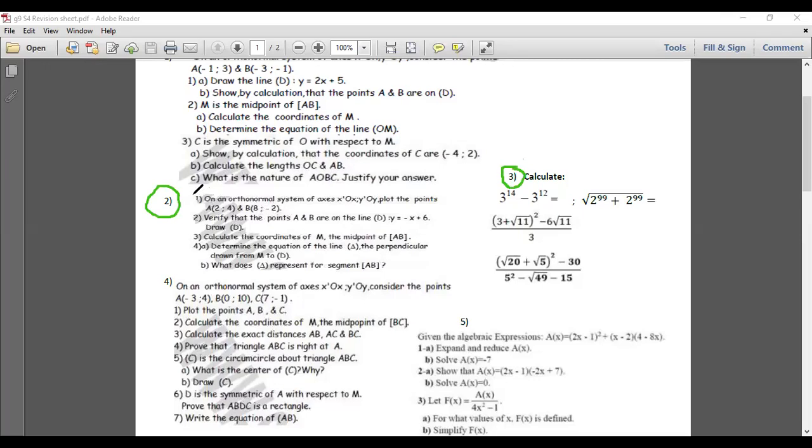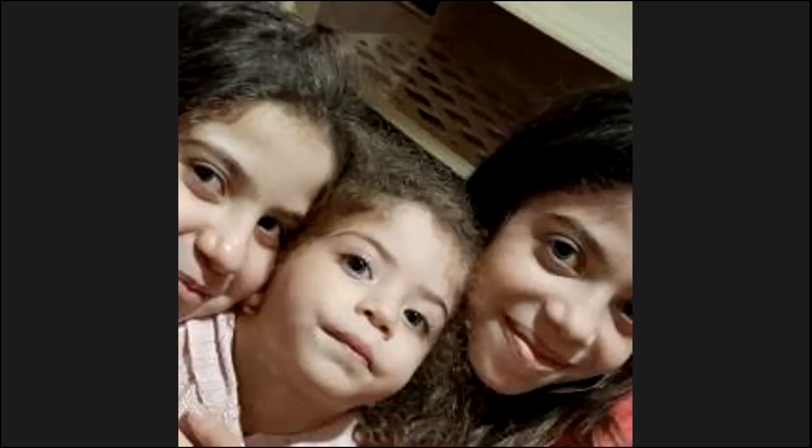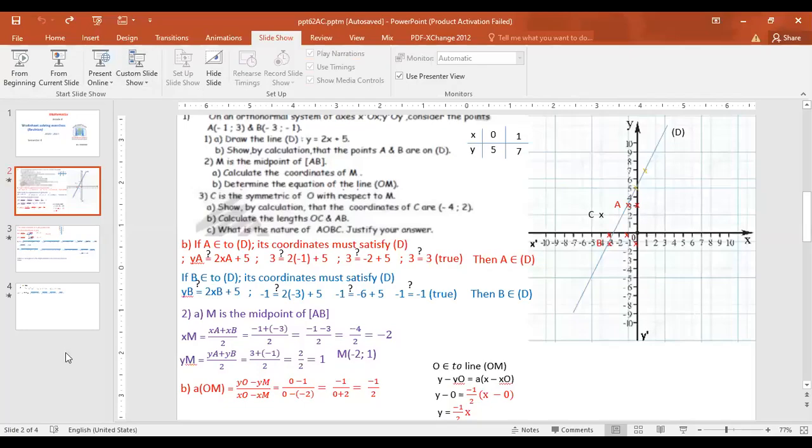Exercise number 2 also is an orthonormal system question or a system of coordinate question. Exercise number 3, you have four things to calculate. Now, until our time is over, we will start solving exercise number 3. We will start with the first one. Solving it now, we have